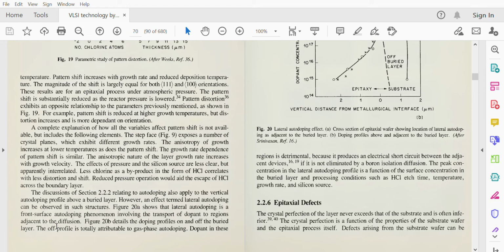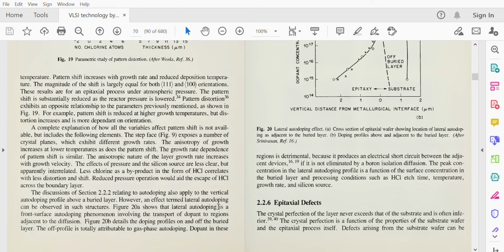Okay, so this is all about buried layer, not an important topic. And see, the overall subject, if you talk about VLSI design, is a purely theoretical subject, and it is all physics. Okay, how the element is doped, what are the effects of doping, what is the pattern shift, what is the lattice structure, what is the size and shape, and how it is affecting and how we can compensate. It's all about that.